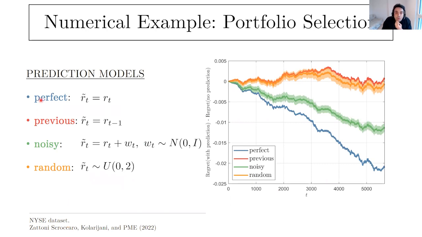We examined 4 scenarios, and among these 4 scenarios, I want to highlight 2 interesting points. At least for me, it was very interesting. So let me start from the trivial one. The trivial one is the perfect one. So you know the rate of return, and then you invest. Had you been able to have this option, you would have been rich.